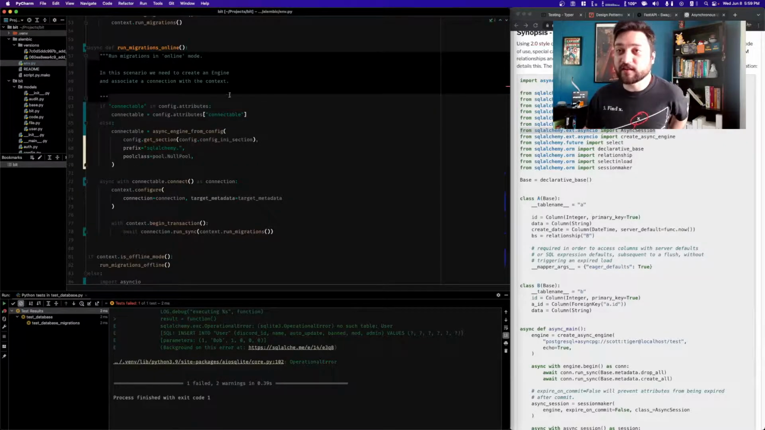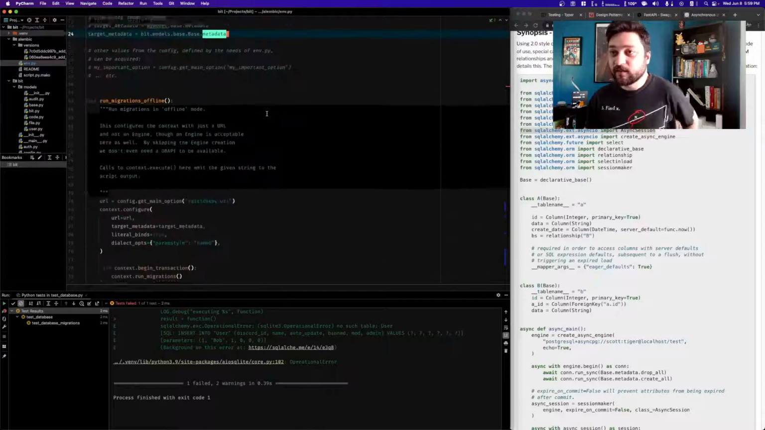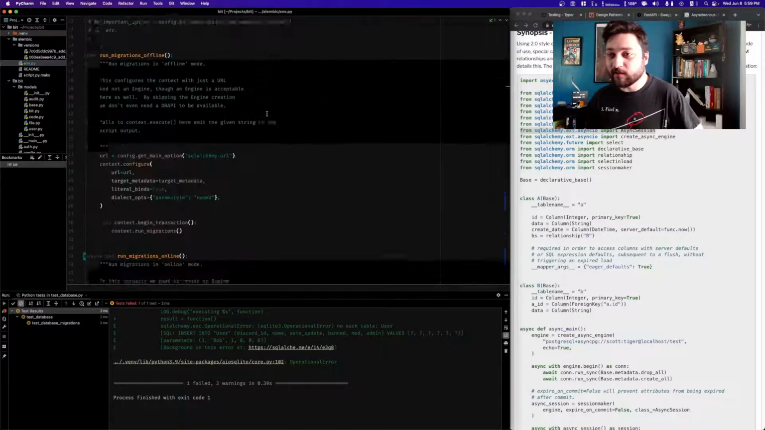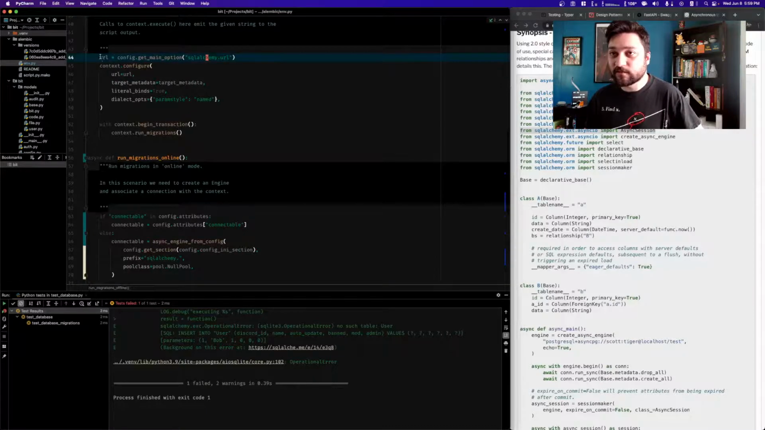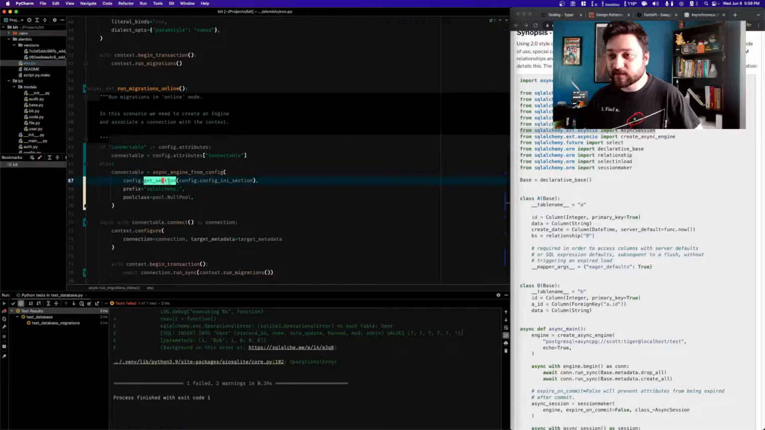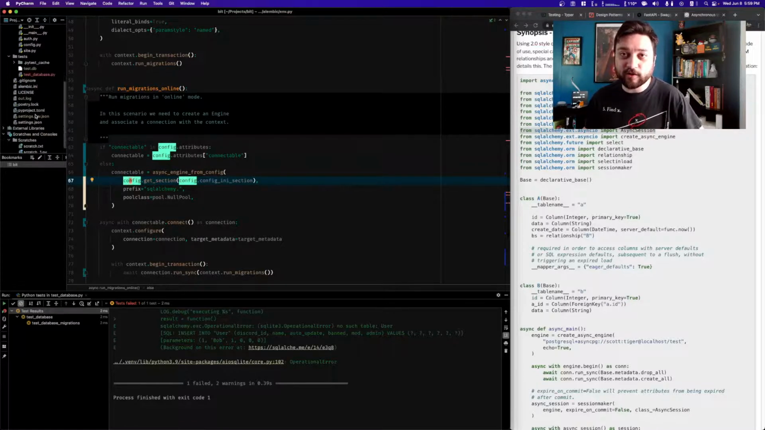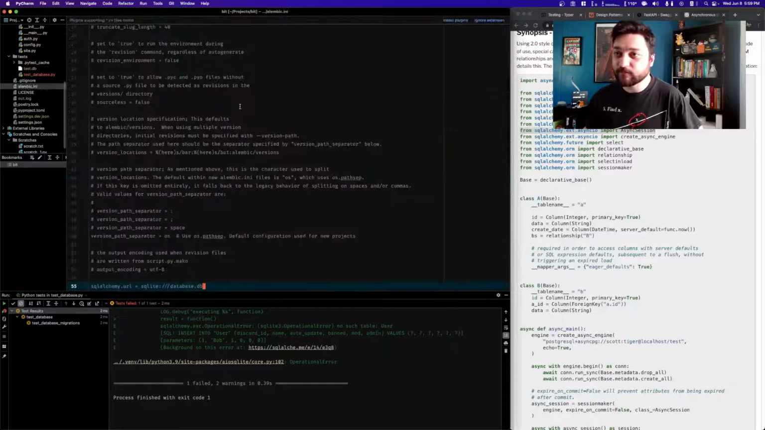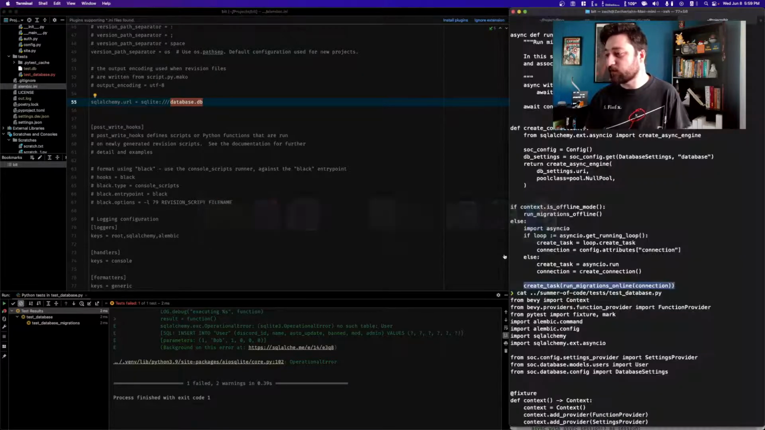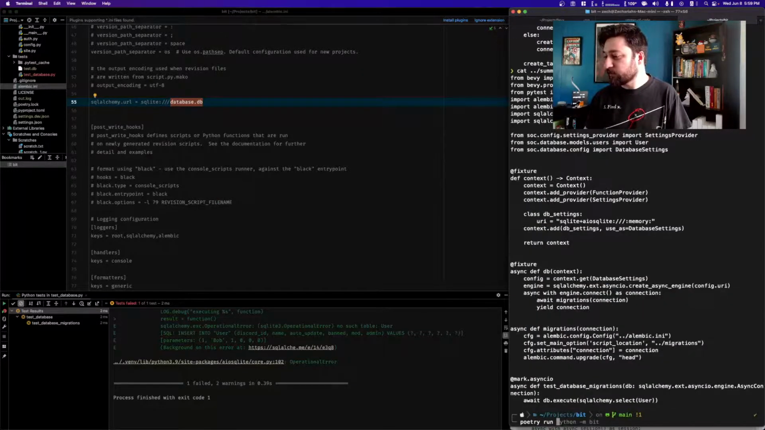Let's come over here to env.py. Where is it loading in the URL? Get section. There we go. That's where it's getting the section. So that's pulling in from alembic.ini, right? So what I'm going to do, instead of database.db, it's like if I come over here and I do poetry run